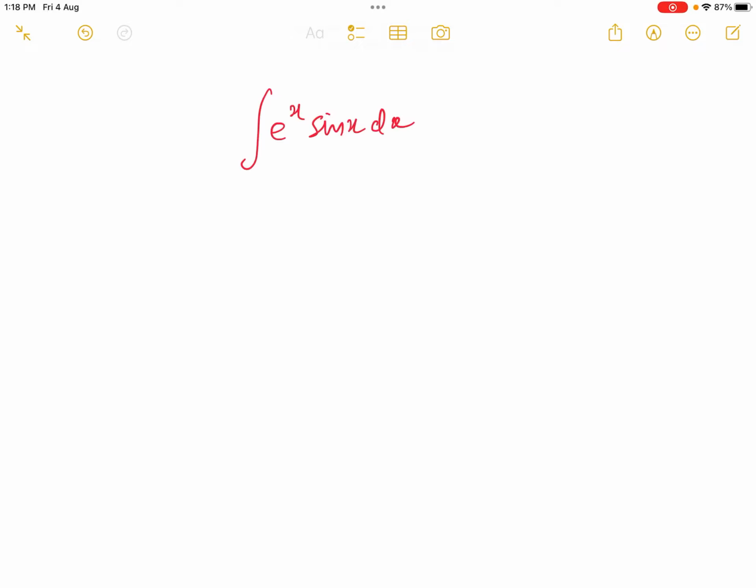So today we have a very important integral: e power x sin x dx. Let's say that it is equal to I. In this kind of problem we are going to use the ILATE rule